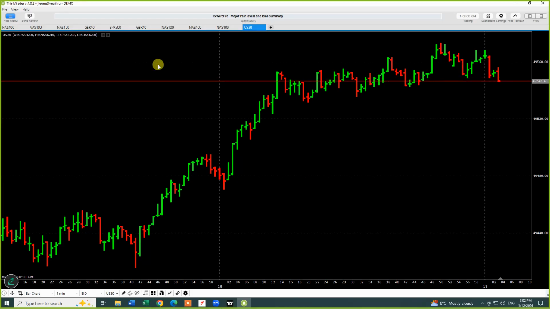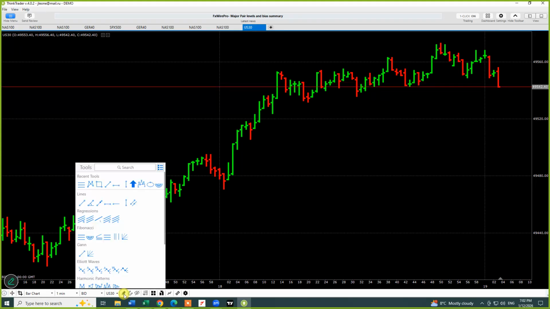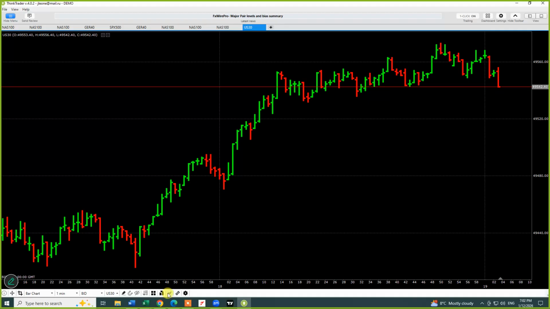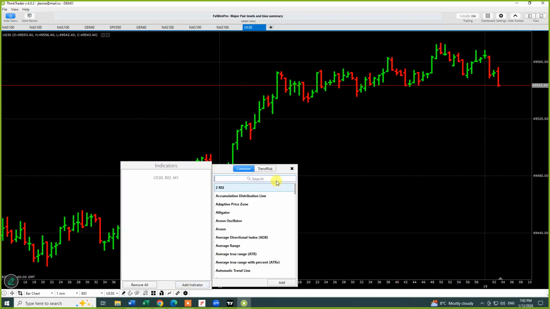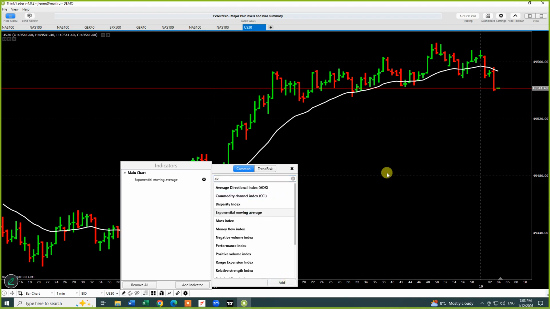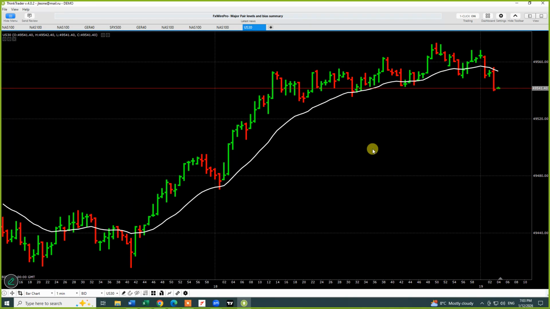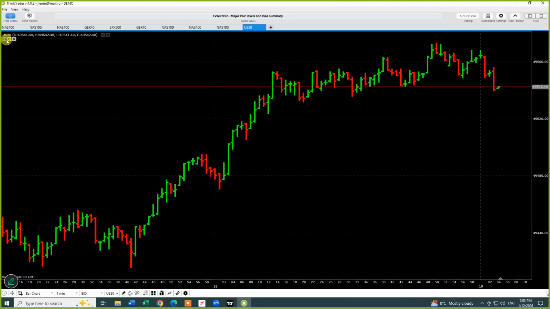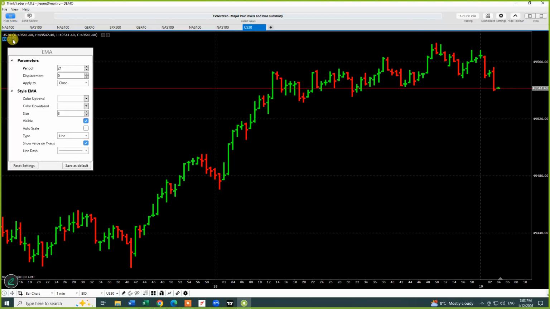So what can we do with a tour? Well, we can start at the bottom and work across. If we add an indicator, for argument's sake, we'll put an exponential moving average on there. There it is, an exponential moving average. I'm not going to worry about the value, but you see over here now, we can make it visible or invisible. We can look at the settings of it, or we can press X and that will